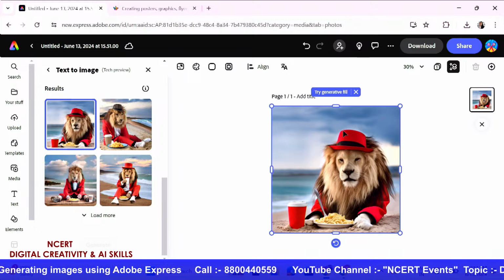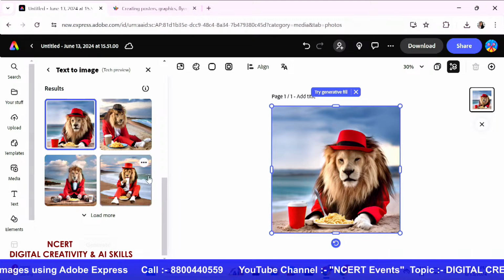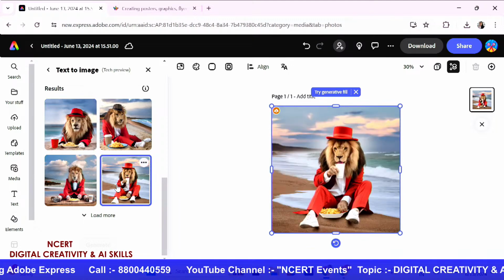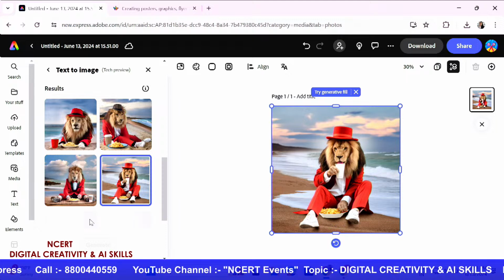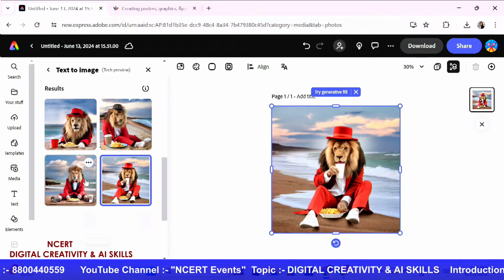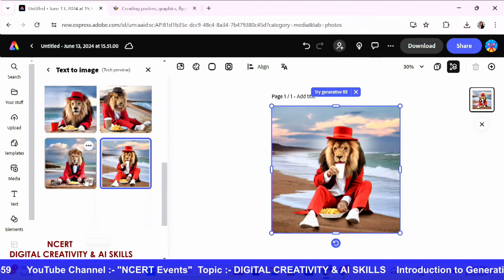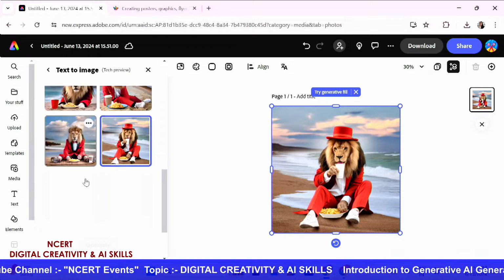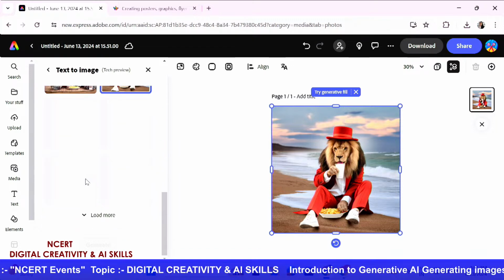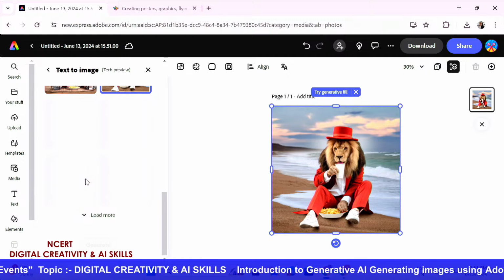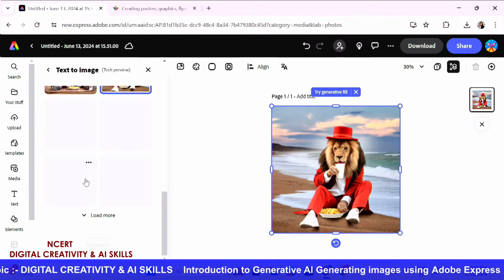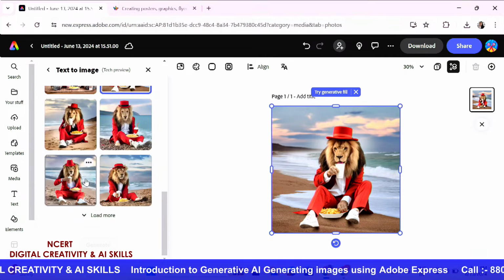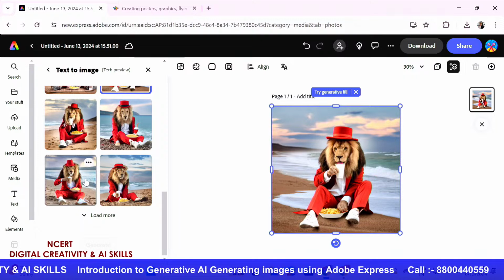What a lion. Wearing a tuxedo, sitting, eating. What a weather, what a lion. Yeah. So you see it all. And if you click on the load more option, Simran, you will not get just these 4 images, you will see many more images of the same particular description. So this is what you can do with generative AI text to image.